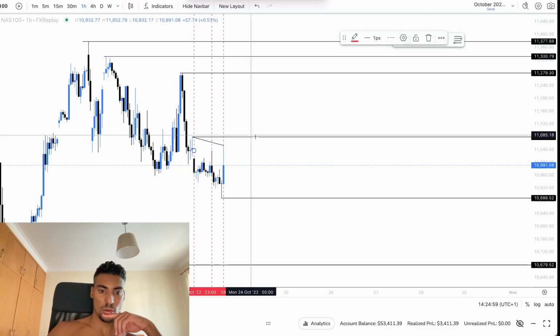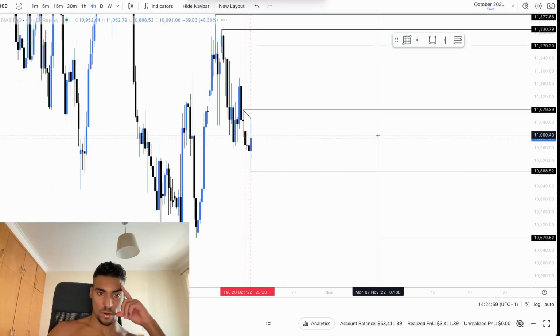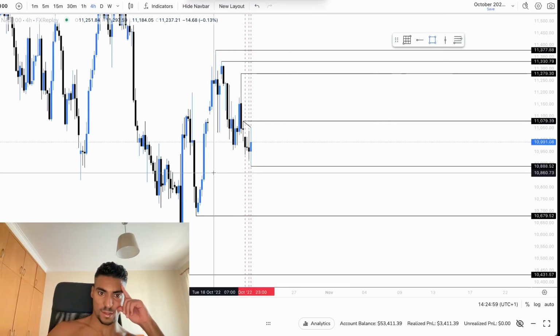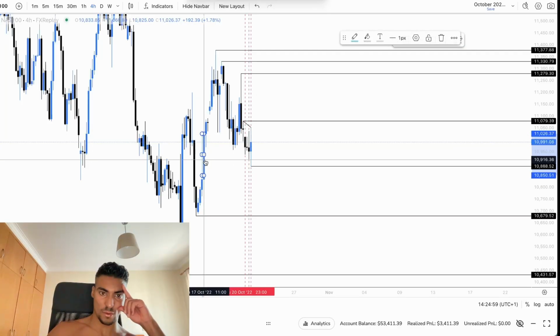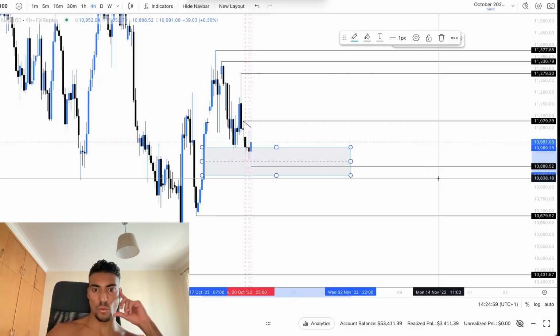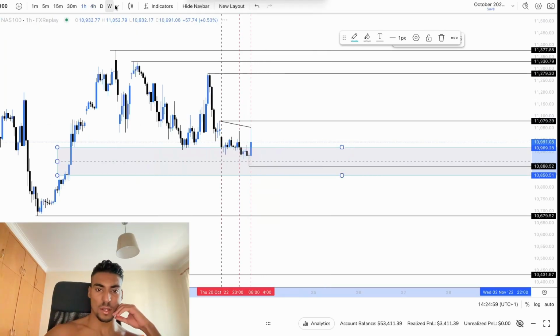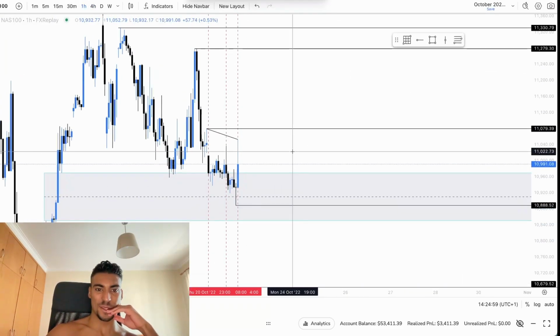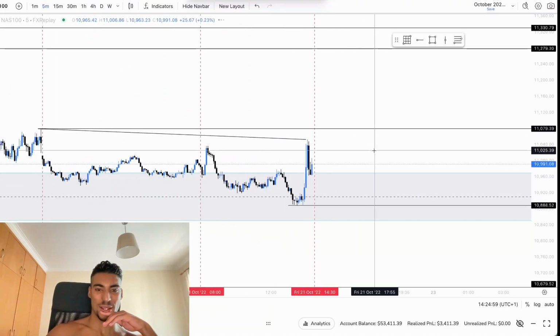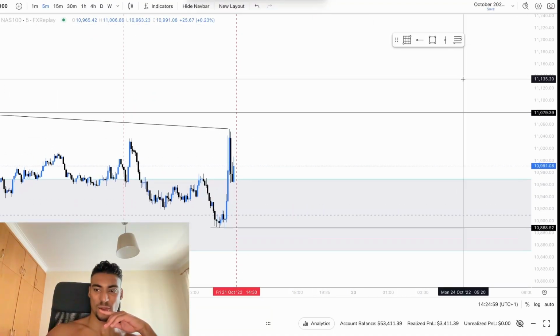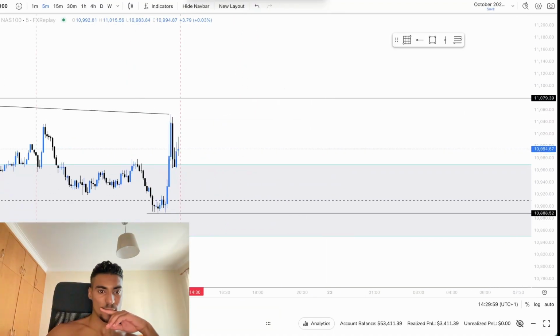I put it wrong. Right, let's get the 4 hour. There's not much otherwise besides this 4 hour level gap that we are filling currently, as draws on liquidity, as goals for potential take profit. So we could be reversing out of this 4 hour level gap. I think we'll have some kind of retracement downwards, even though there's not much liquidity. For the day, I'm not really willing to take a trade, but let's see what we have.